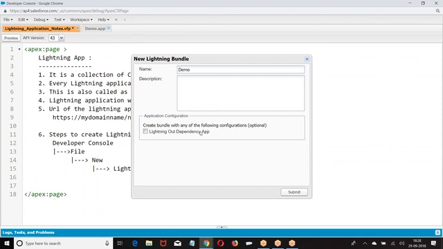If you enable the checkbox, we can use this lightning application outside the lightning. That means you want to use this page within a Visual Force page, within a JSP, JavaScript, or within .NET. If you want to use this application outside the lightning, then I will check this checkbox.